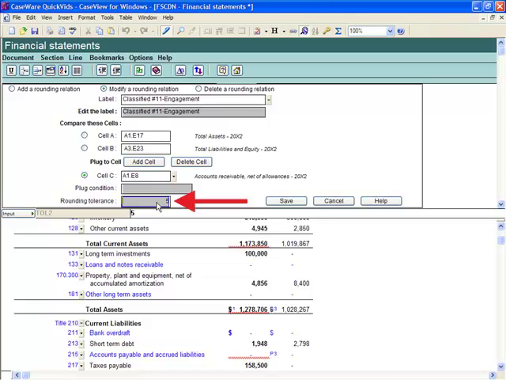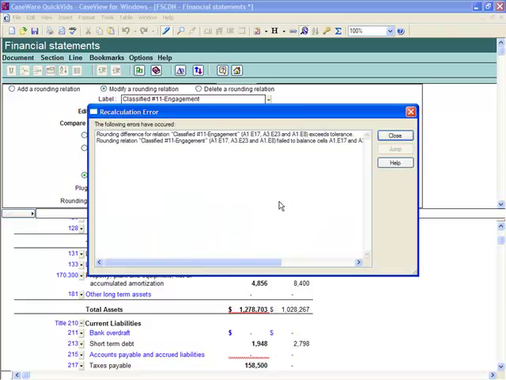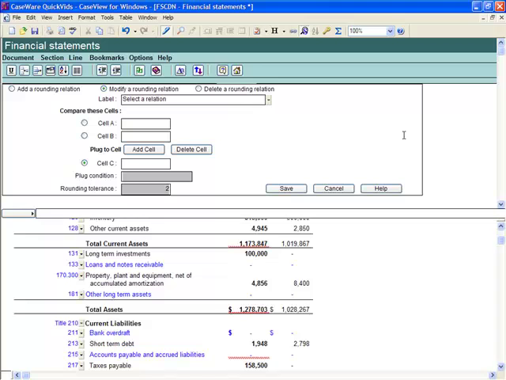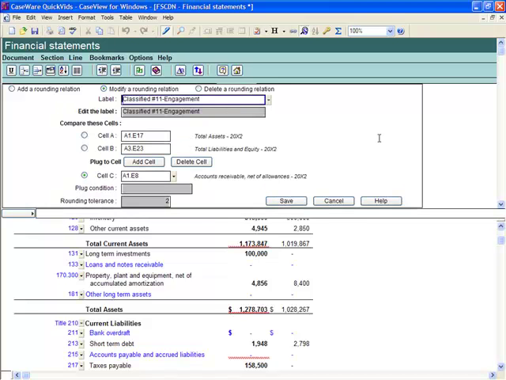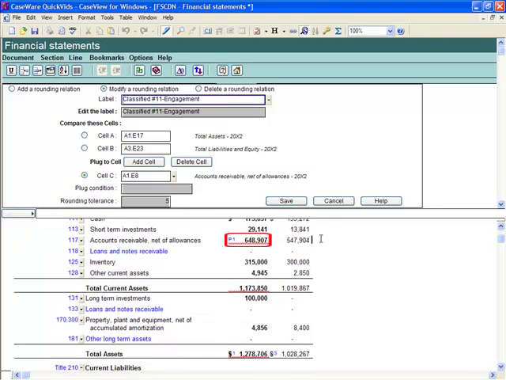If we modify the tolerance for this rounding relation to 2, and select Save, when a rounding relation exceeds the tolerance, numerous recalculation errors will appear. When an error message appears, it is necessary to review your financial statements and correct the error. Please note, the error dialog will appear multiple times until the rounding discrepancy is resolved for all the rounding relations in the financial statements. In this simple example, changing the tolerance back to 5 and selecting Save resolves the